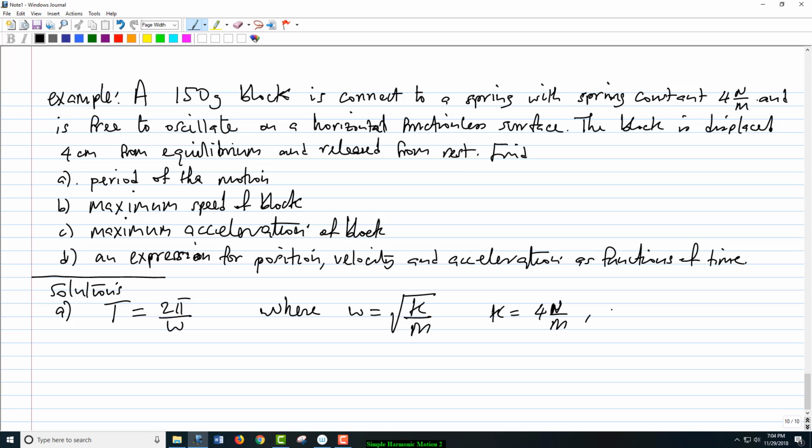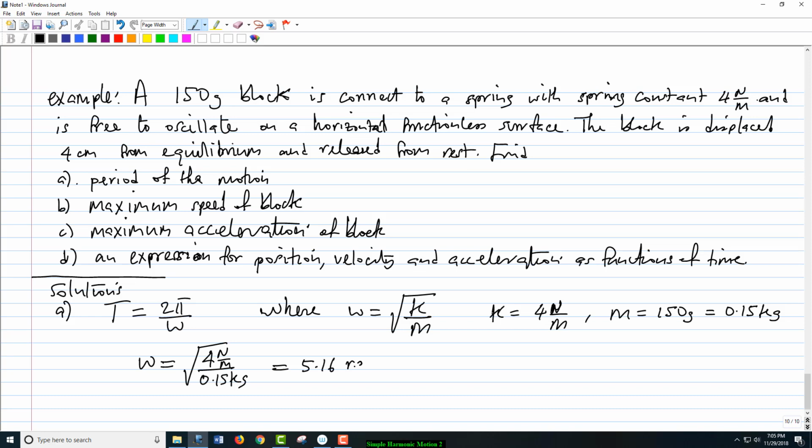And we also know that the mass of the block is 150 grams. We can write that in kilograms as 0.15 kilograms. So from that, we should be able to calculate the period. So first of all, let's calculate angular frequency. This is given by the square root of 4 newtons per meter divided by the mass, which is 0.15 kilograms. And that gives us, we have to do a calculation, that gives us